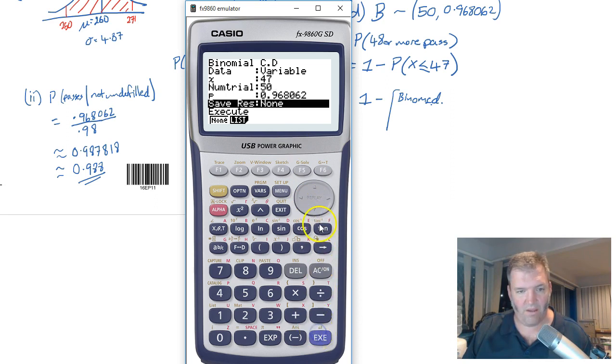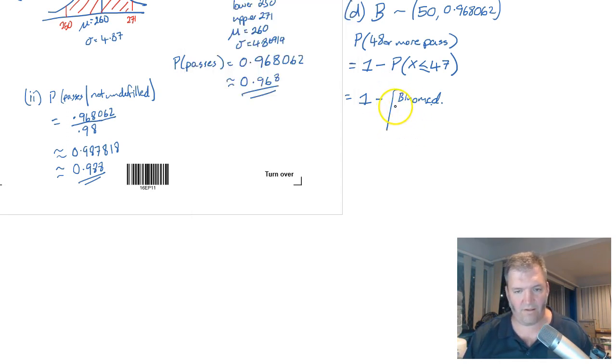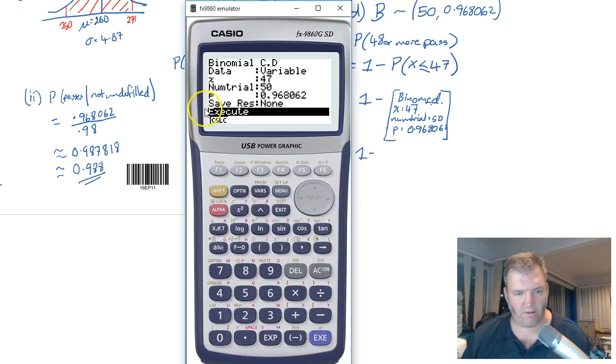Let's execute that and see what we come up with. But before we do that, I'm going to write it down here so you've got it on your screen. X was 47. Num trial was 50. P was 0.968062. So what was the actual calculation going to be? It was 1 minus, here we go, let's execute that one,